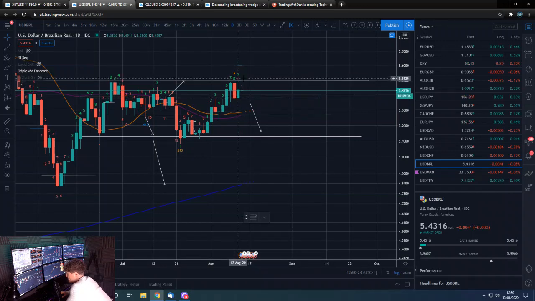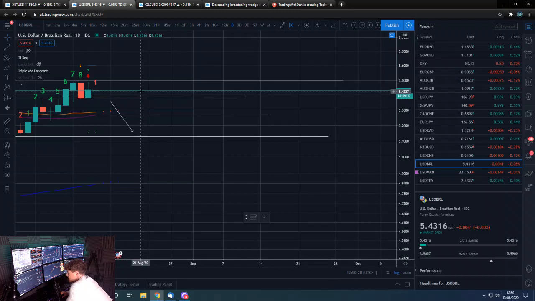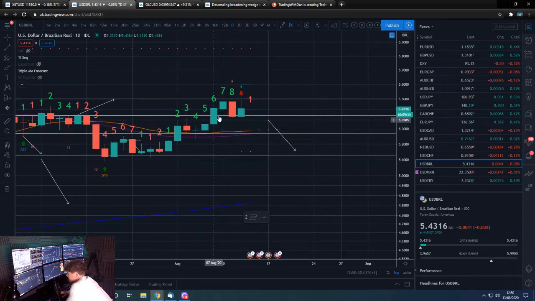This candle's not closed yet. Has it? It has. Is it there? Yeah, there's a red one there. Why is it like that? Anyway,